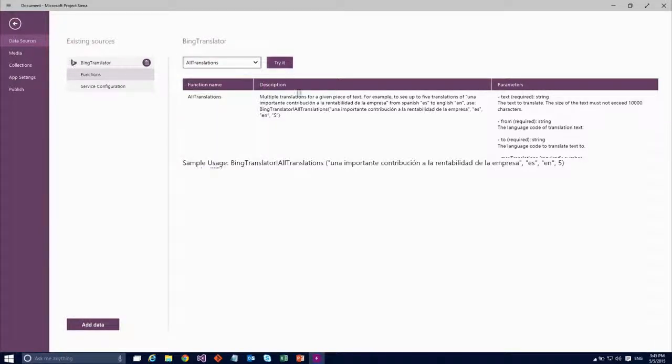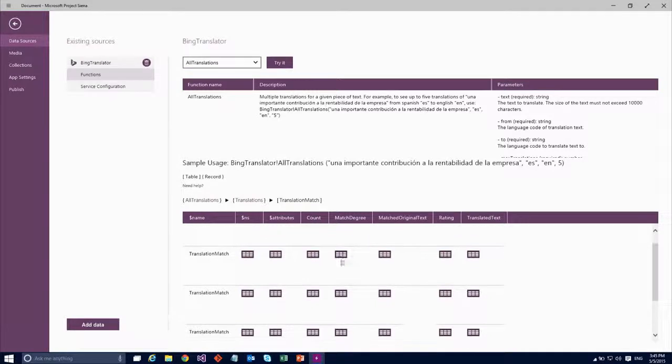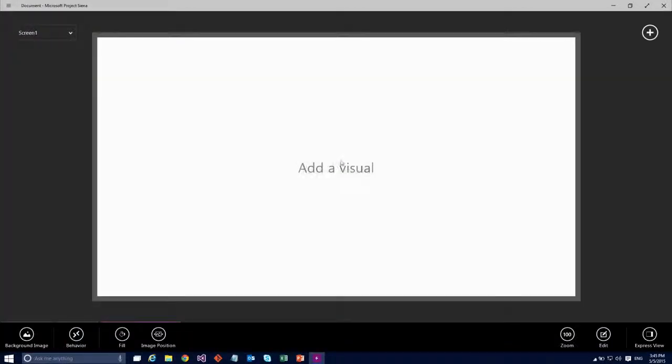We have a try it button here that allows me to actually try a request. This is a nice way that I can dive in and actually inspect my data, see what it returns and how that's going to work. This will be very useful for my next step, which is I'm going to build a universal translator that speaks back arbitrary written text. So let's check out how to do that.